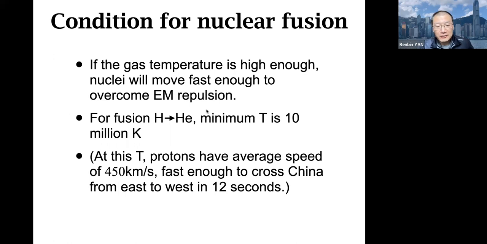And how fast are they moving when it is 10 million Kelvin? At this temperature, protons will have an average speed of about 450 kilometers per second. So that's really, really fast. That will be fast enough to cross China from east to west in about 12 seconds. So that is how fast they will be moving at 10 million Kelvin. If they're moving at that speed and towards each other, they can overcome the repulsive force and fall